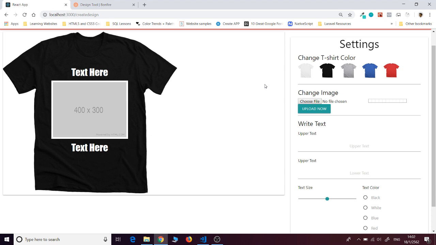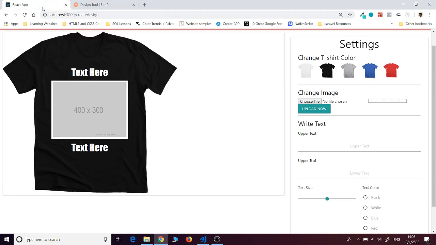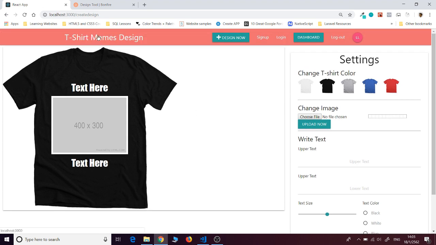Welcome to this React tutorial that I'm going to be creating for you. As you can see on our screen, let's create a little project, and this is going to be a t-shirt design application where we make a simple application just like bonfire.com. Let's make a small project for our t-shirt design, and I call this one Tshirt-Memes-Design